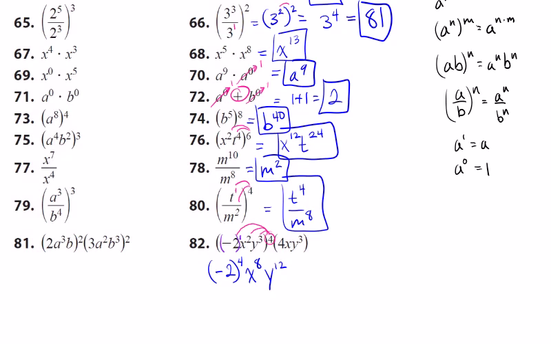All right, and then we can simplify that. Negative 2 to the 4th is going to be positive 16. And remember, if you have a product of an even number of negatives, you'll end up with a positive, right? If this exponent was odd, we'd have a product of an odd number of negatives, and our result would be negative. So even exponent, you'll always end up with a positive, right, when you're dealing with real numbers. All right, x to the 8th comes down, y to the 12th comes down. Then I'm going to bring down this